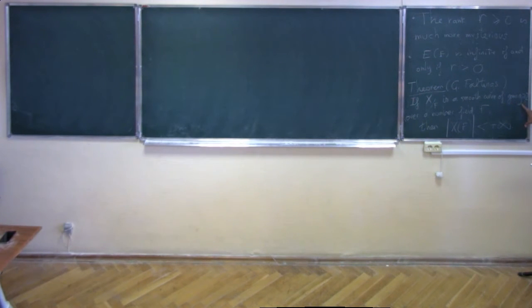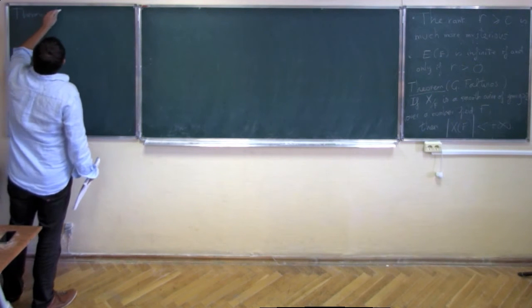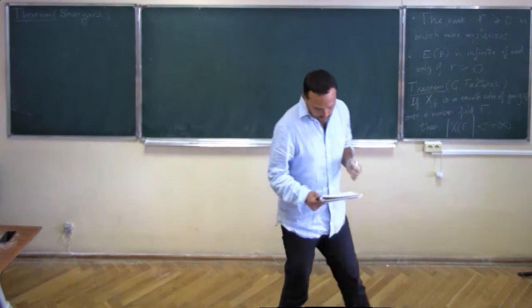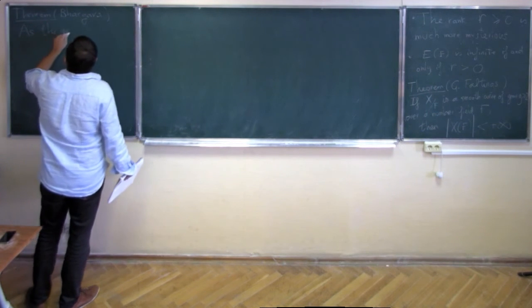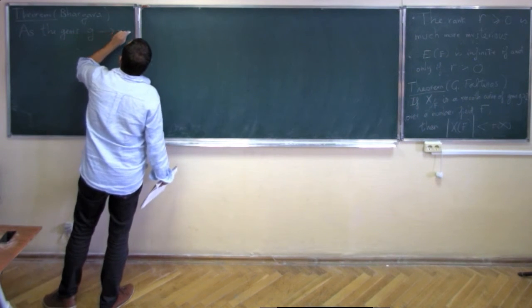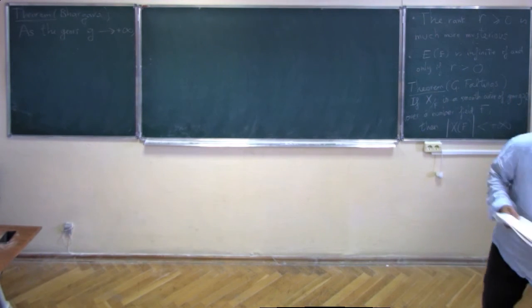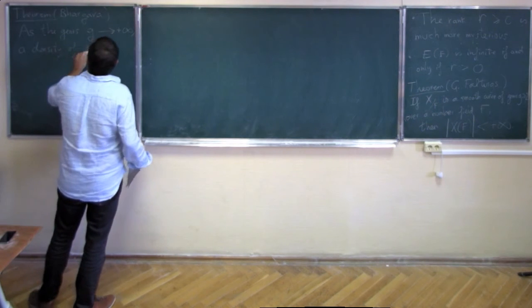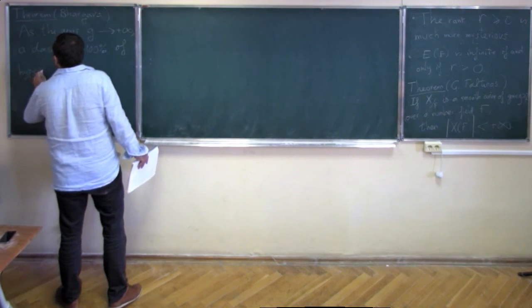As for the setting when the curve has genus at least 2, perhaps it's interesting to mention the following theorem of Bhargava, the recent Fields medalist. This is a theorem, the last of 2013, which is the following. As the genus g goes to infinity, and we consider not all possible curves of genus g, but only those which are called hyperelliptic, a density of 100% of hyperelliptic curves of genus g